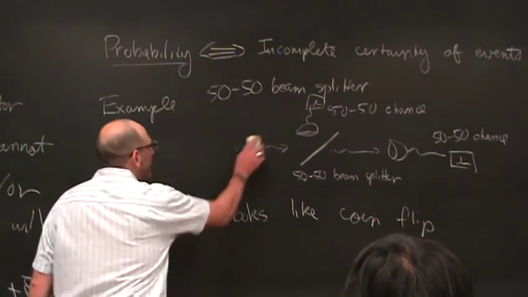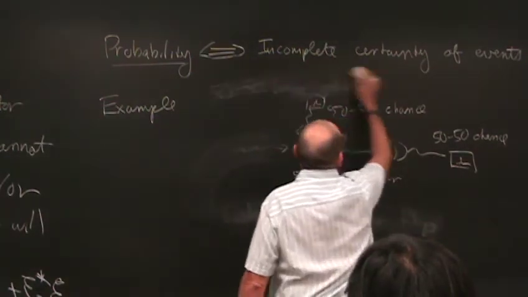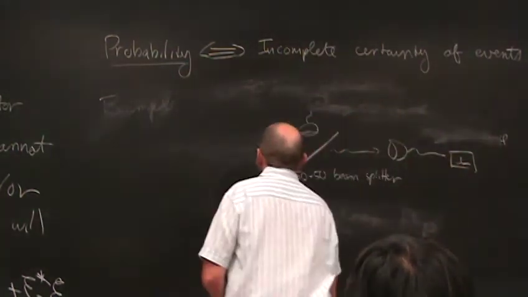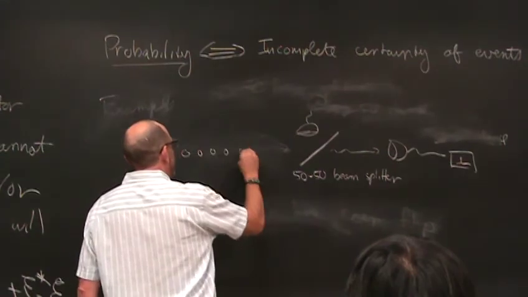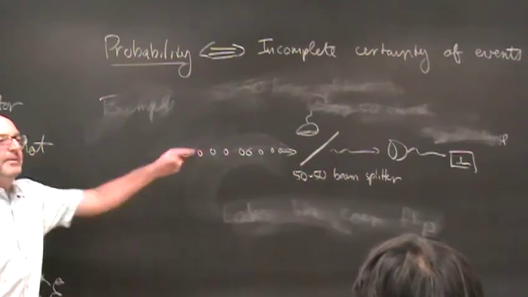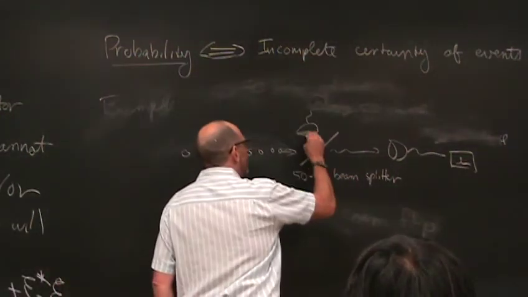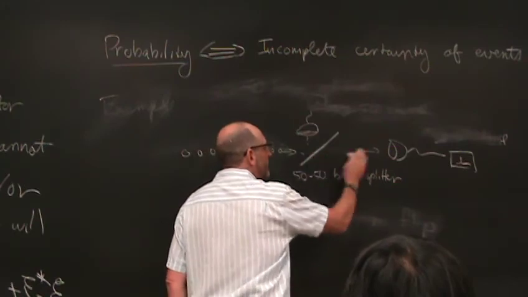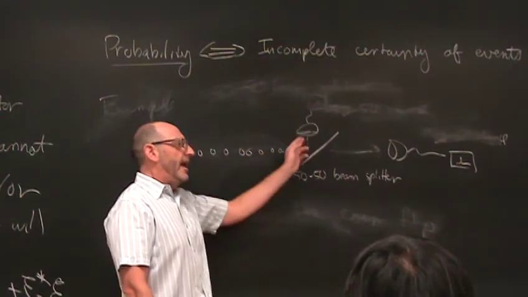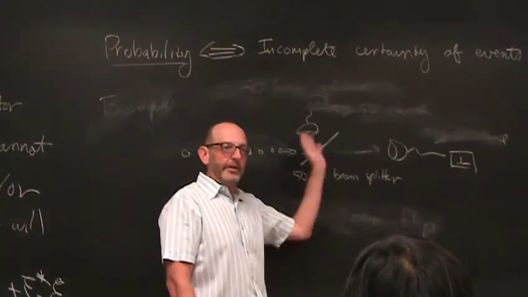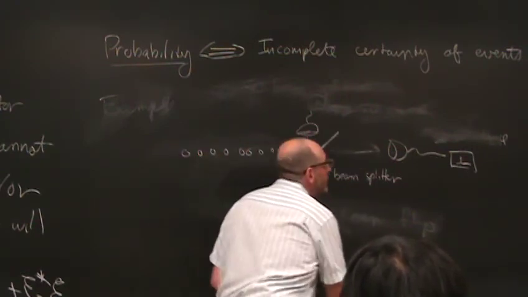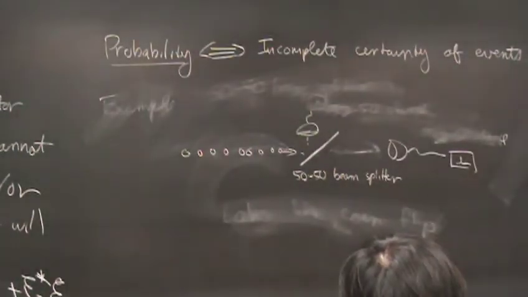Because if I were to look at this, what I would say is that I might think about this as some random stream of particles impinging on here, which click, sometimes go here and sometimes go here, okay? On any event, I either see a click here or a click here, never both. But it's a 50-50 chance, right? So what I would see if I were to do this experiment is what?